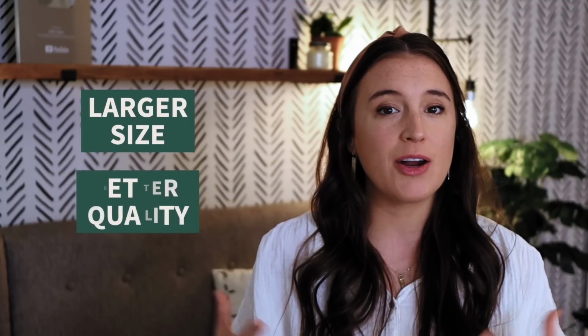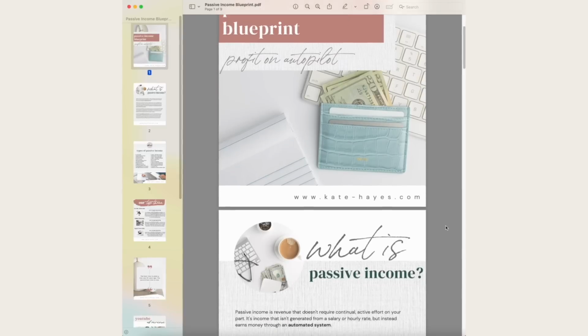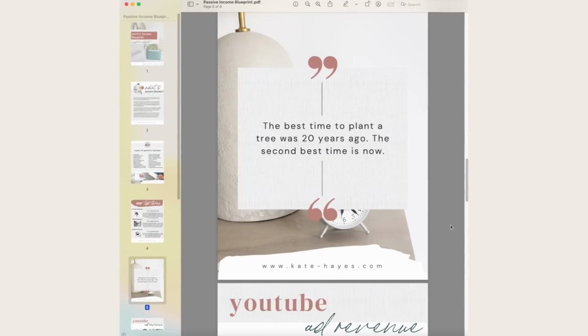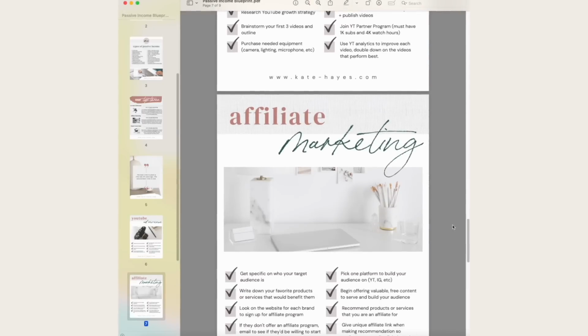This would be PDF and SVG. PDF files are a larger size and provide better quality, but they are still really versatile, which is nice because they can be opened by most operating systems. PDFs are most commonly used for multi-page documents. So if you're creating something like an ebook or a workbook, you would probably be downloading that as a PDF